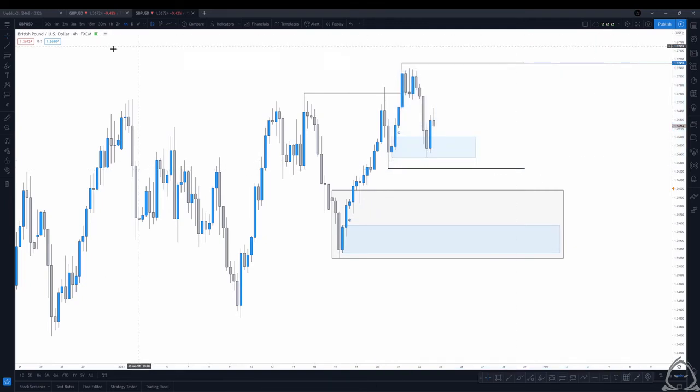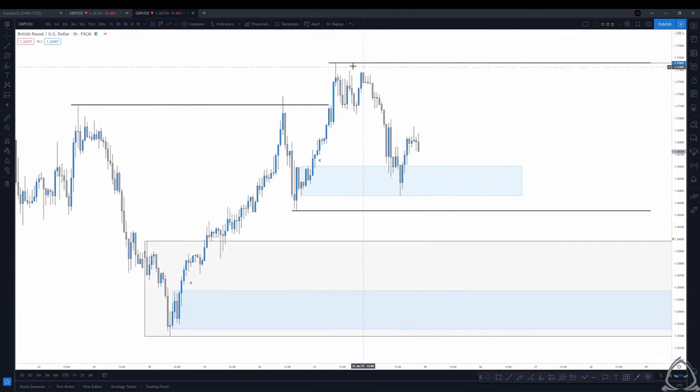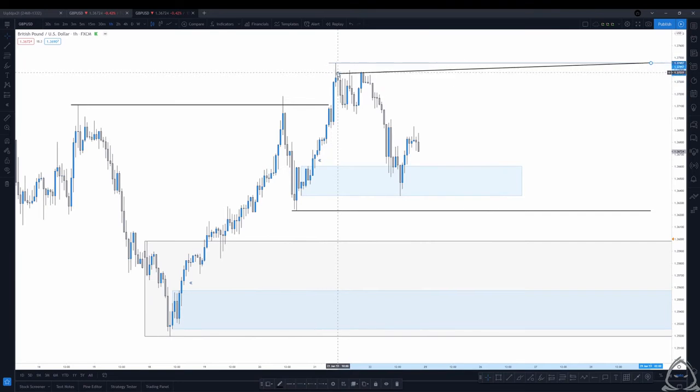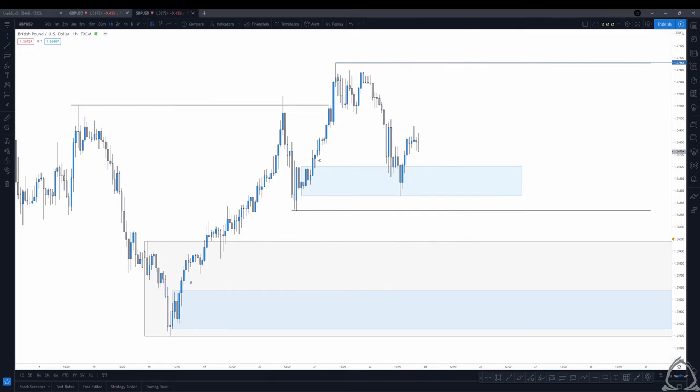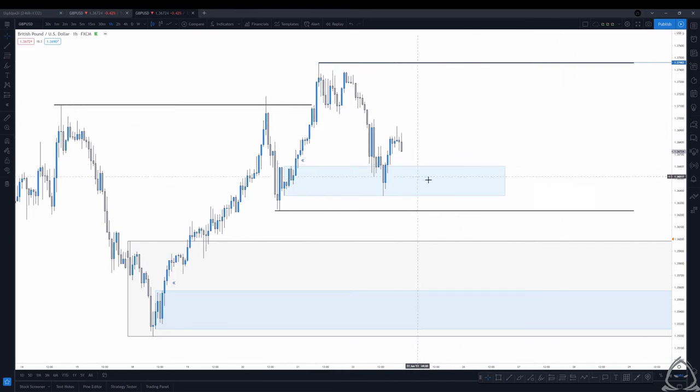So now that we have that and we understand that, we can go down to the hourly chart and look at price a little bit more in detail. It's going to be very similar to the 4 hour range in question as well. What we can see is that we can refine our 1 hour zone to this candle right here. And as we can see, price has tapped into that 1 hour zone and actually broken or pierced it and then continued moving to the upside, which is totally fine